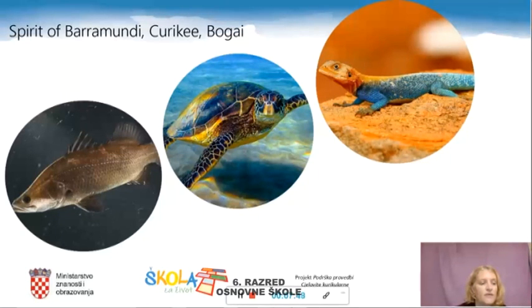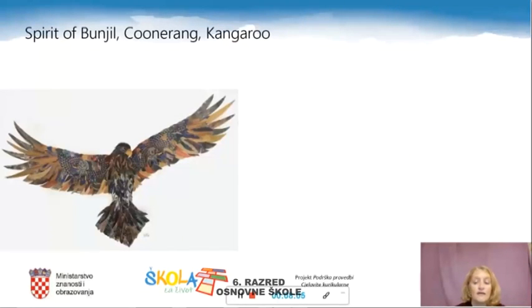Bogai dreamed of the wind and the open sky. But Bogai did not understand the dream and wanted to dream only of the rocks and warm sun. So Bogai passed the secret of dreaming onto the spirit of Banjil, which is an eagle. And Banjil rose into the open sky, felt the wind in his wings, and began to dream.